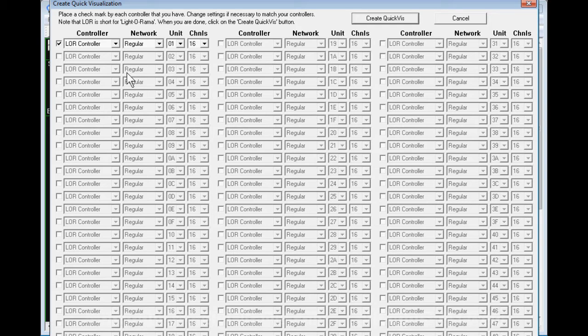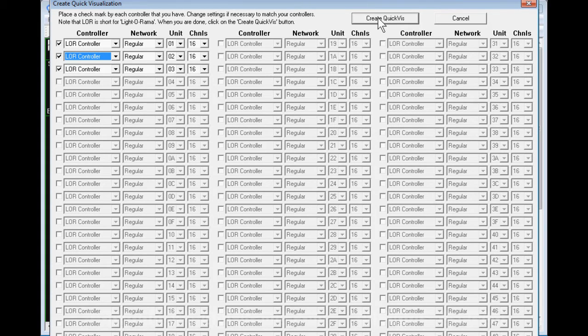For that light strings visualization, I happen to know that it has 48 channels on, and it uses 3 16-channel controllers, and the unit IDs are 1, 2, and 3. Now you can go change these to Cosmic Color Ribbon or DMX Universe. You can change the network and the unit ID, but the defaults here are the way most of us have stuff set up, so all I had to do was put a check mark by the first 3 controllers, and